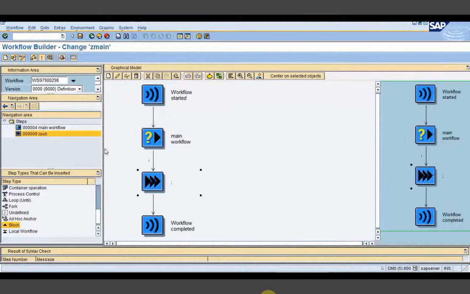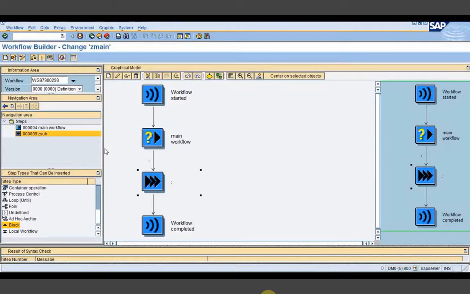What I will do in this block, I will just execute one dialog step within this block, and whenever something goes wrong I will raise one exception, and that exception will be caught by the same branch. Means in block we will be having two branches. In first branch I will be executing the things like try catch. In first branch I will be having try block, and in the second branch I will be having a catch block. So this is similar to try catch.